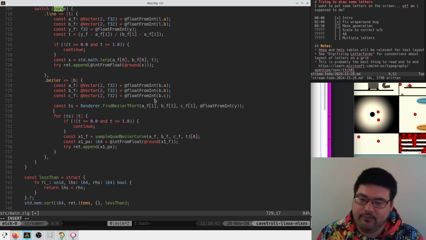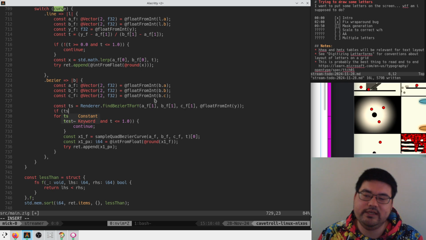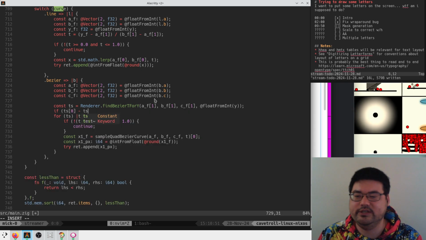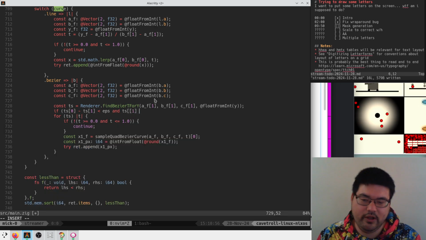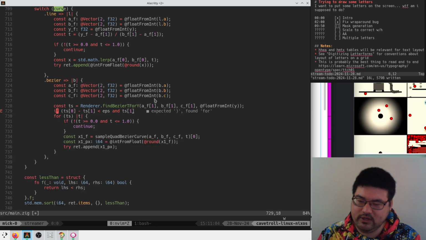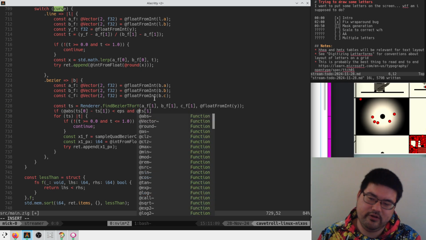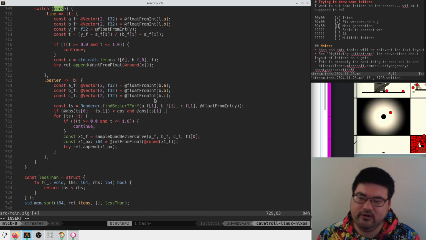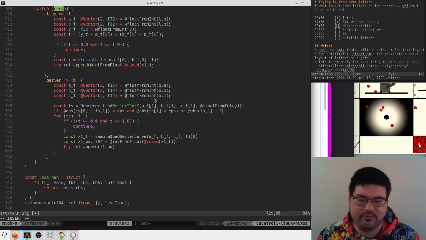I guess we'll just try it. We'll say if t's 0 minus t's 1 is less than epsilon, and t's 1 minus 0, or t's 1, I guess we need absolute values on here, and t's 1 is less than epsilon, or t1 minus 1.0 is less than epsilon,